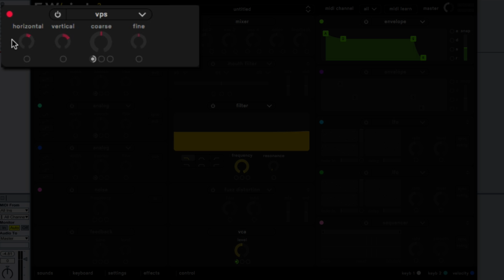And then we have two other parameters in this VPS oscillator, the coarse and fine parameters. They also exist in the other oscillators. So we can see here in analog, we have coarse and fine, and wavetable, coarse and fine. And what they are is ways of controlling or modulating or changing the pitch or the frequency of that particular oscillator. So we can see here, if we maybe reset by double clicking horizontal and vertical,